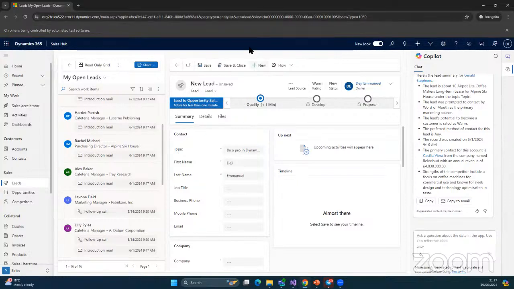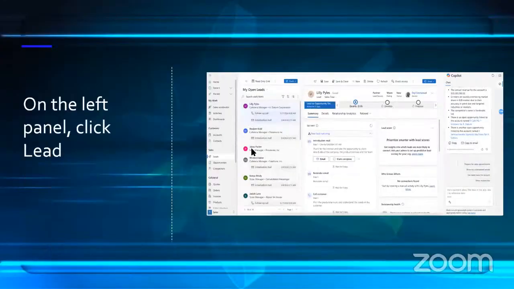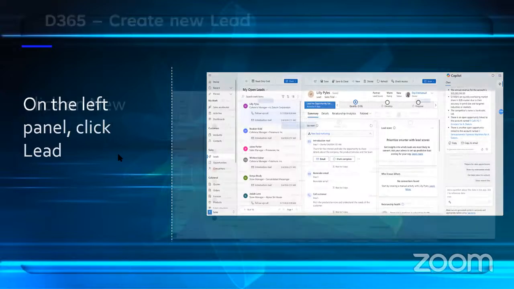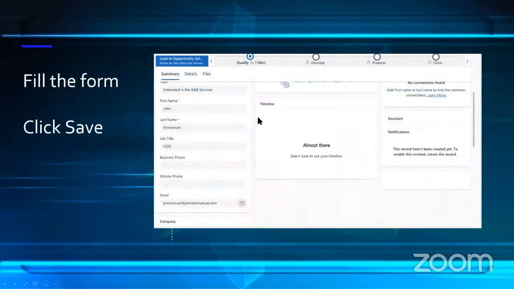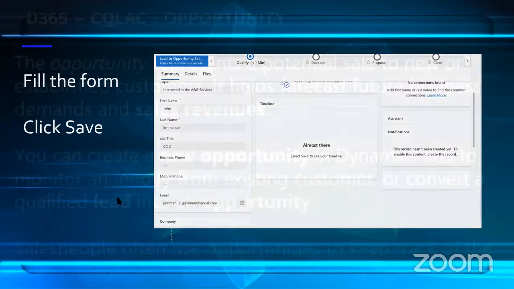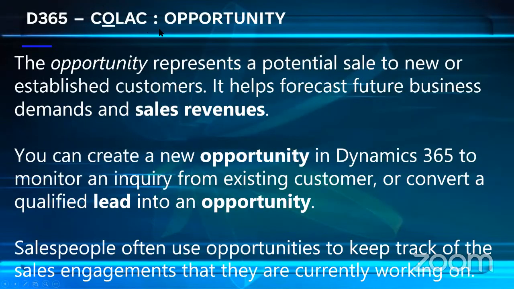So now we've got this already created, and that is our lead created. So therefore we have this. And I just put the steps to be able to create the lead. I said click on new, we've done that, fill the form and click on save, which we have done. So the next one is